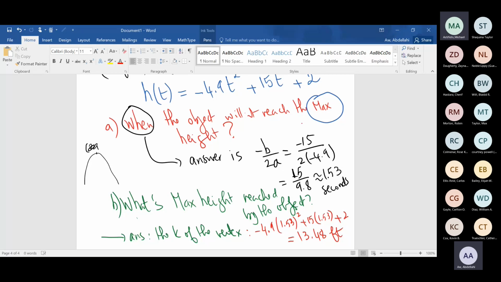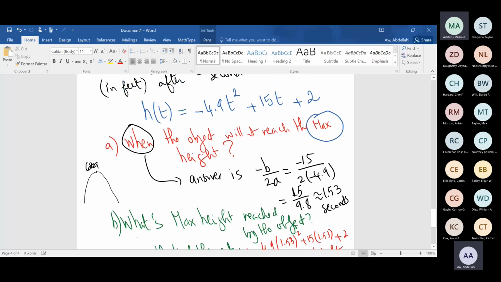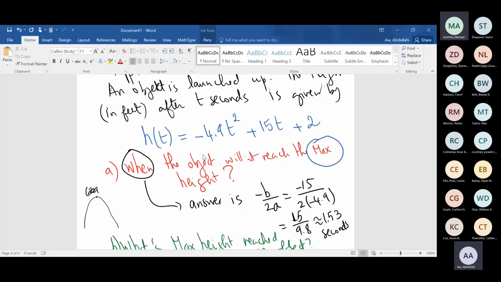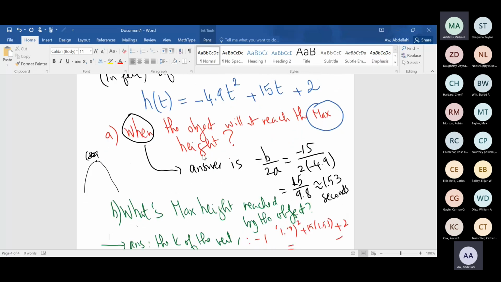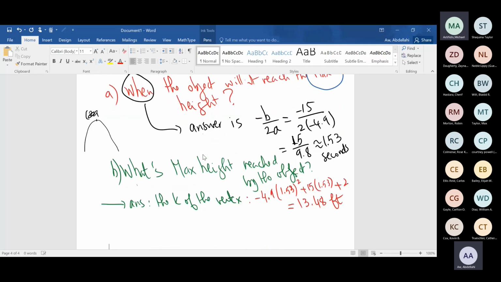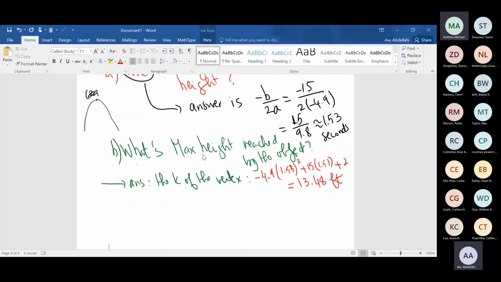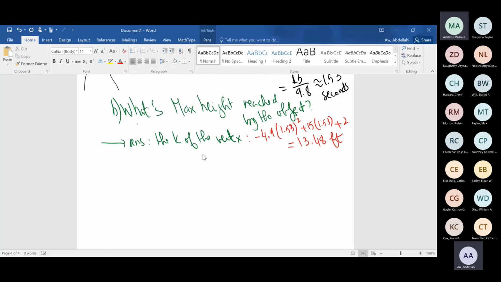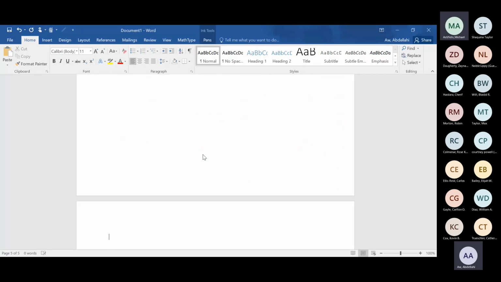So that is some application problems. We use this application problem a lot. Now the context can change. We can talk about business. The profit function is a quadratic function. How many items do we have to sell? You see, for instance, we say this is f of x equal to